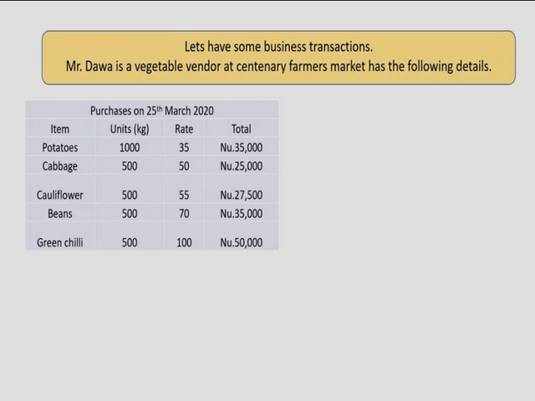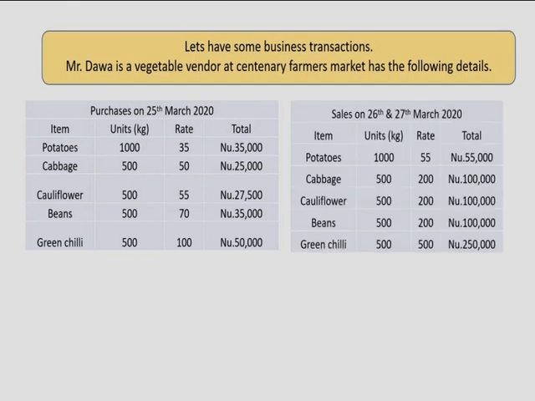And then he also purchased green chilies of 500 kg, and for every kg of chili he paid 100 Newton. Total expenditure for buying chili is 50,000. He has sold all the vegetables and the sales records are given on the right hand side. The sales are made on 26th and 27th of March 2020. Potatoes are sold at 55, cabbage at 200, cauliflower at 200, beans at 200 and green chili at 500